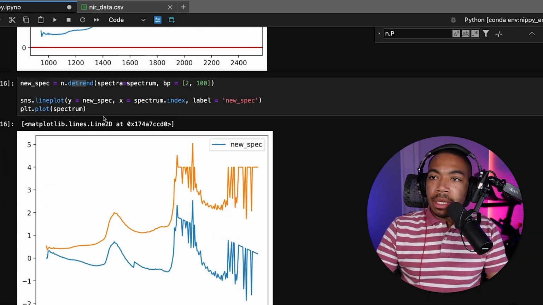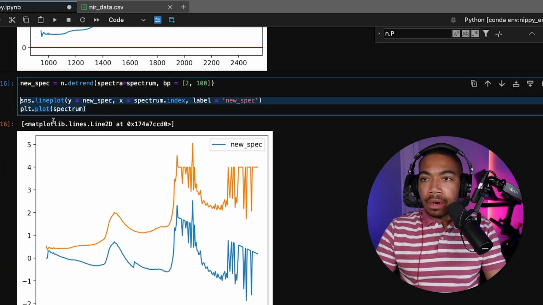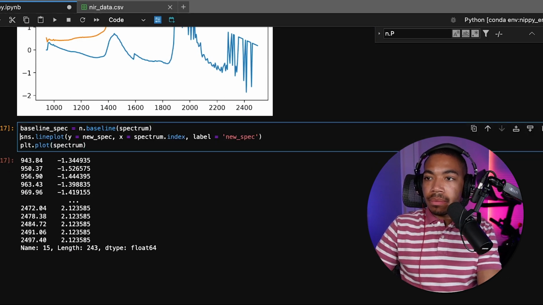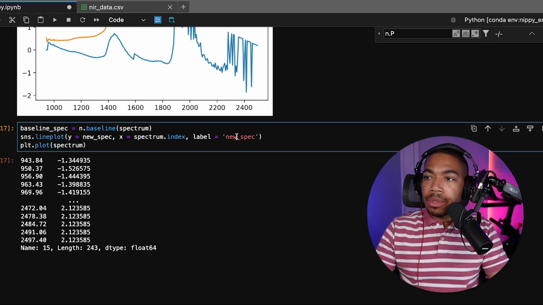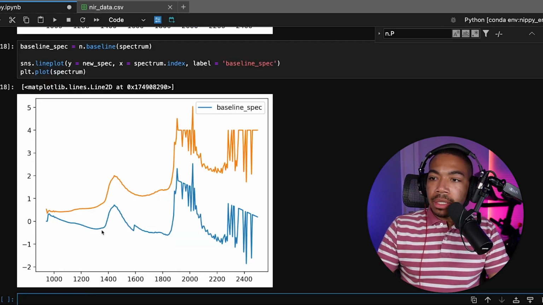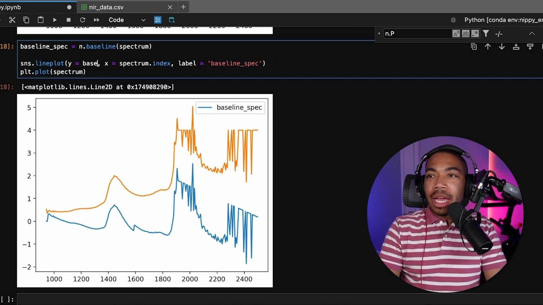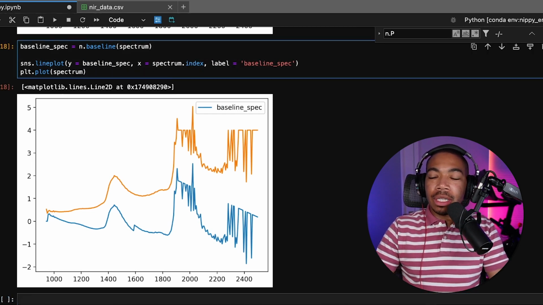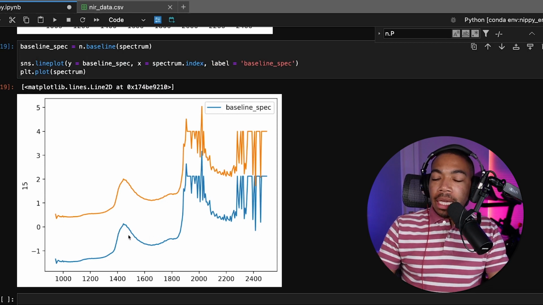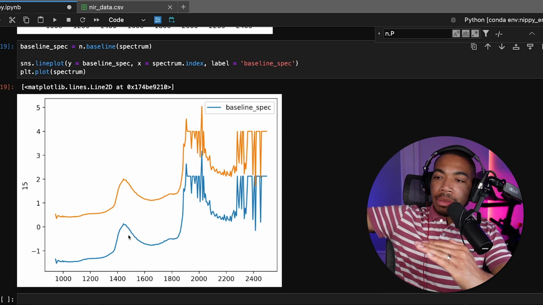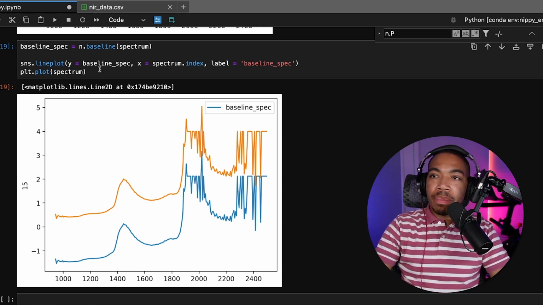I'm going to copy this code here, and let's save our time. We'll just call this baseline. And we have our baseline corrected spectrum. Now we have our baseline corrected spectrum. Didn't adjust the Y. You can see that we still have our slope, but the mean is now 0. So if I plot that